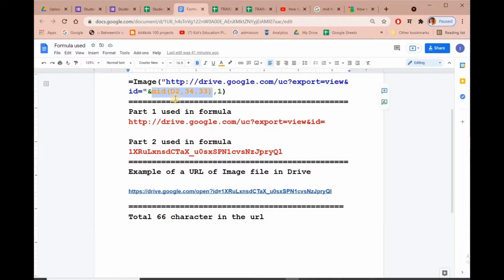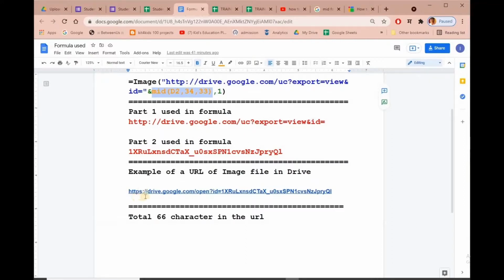So in this formula what we are doing, we are extracting from 34. This 34 is that there are total 66 characters, and we are extracting 33 characters. The length of the text which we are extracting is 33, and we are starting the extraction from 34.